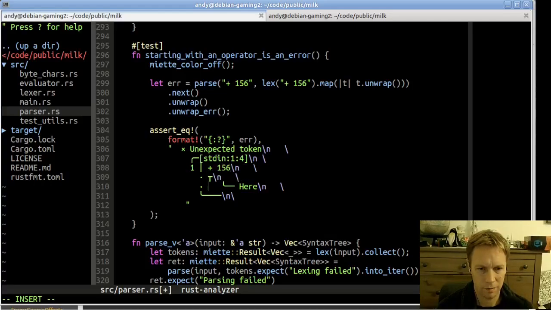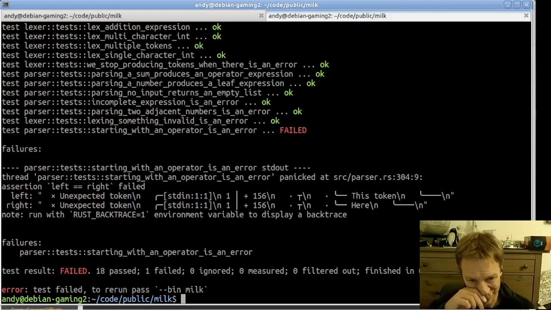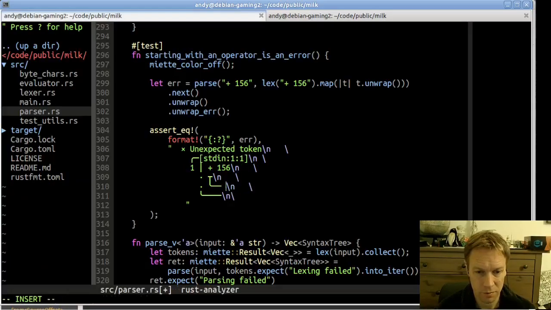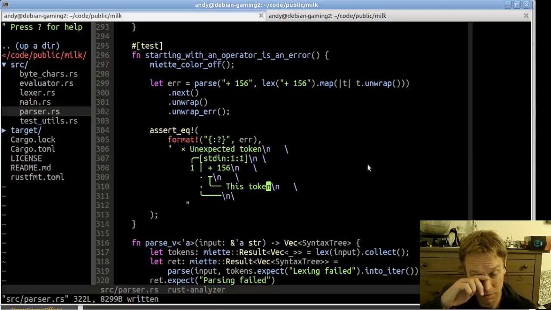So 1, 1, I guess. It is 1 based here. That was partly what confused me. And it should say this token. Here we go. We have error handling that looks decent for all of the problems that we could get whilst